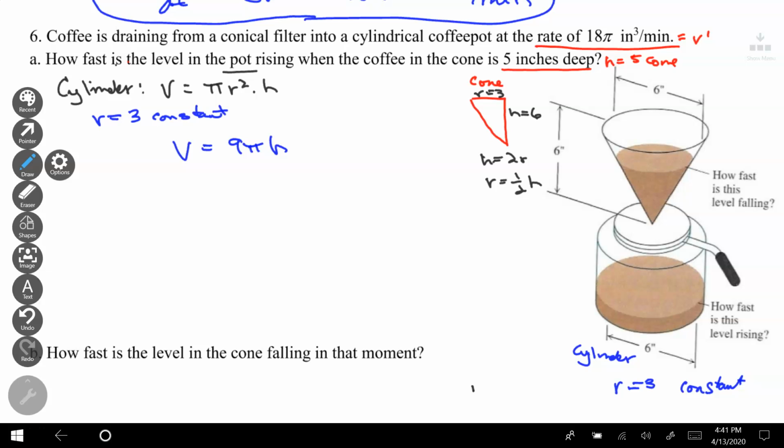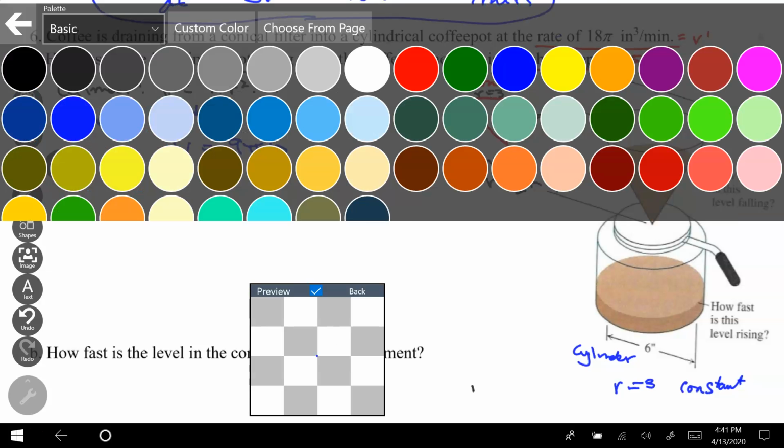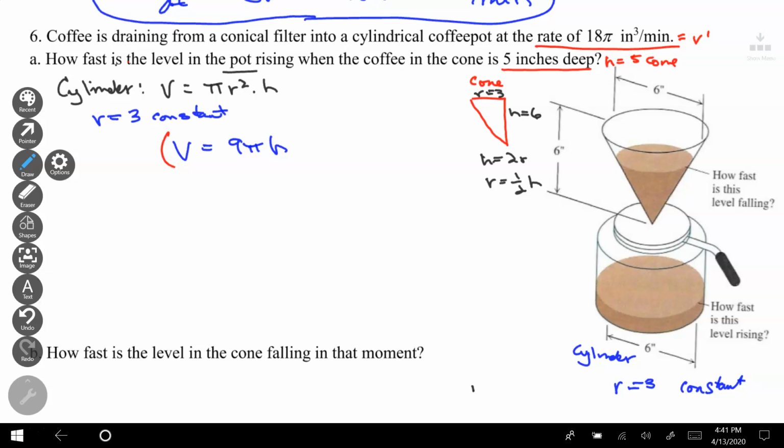Well, that's a nice, easy equation. I like that one a lot. Take its derivative. V prime is equal to 9 pi times h prime. Well, let's see what's going on here. Right now it says it is draining at 18 pi inches cubed per minute, and that's my V prime. But the one thing I do know